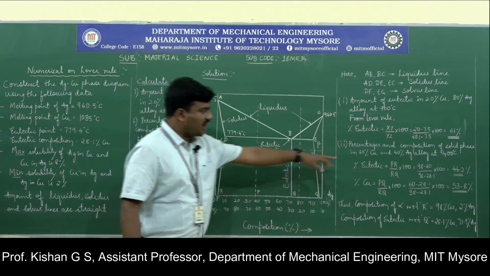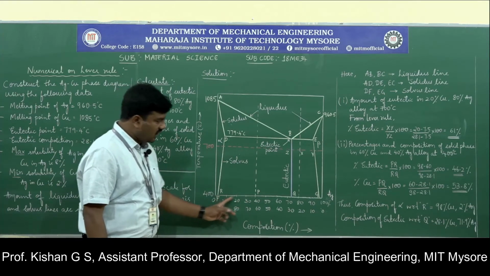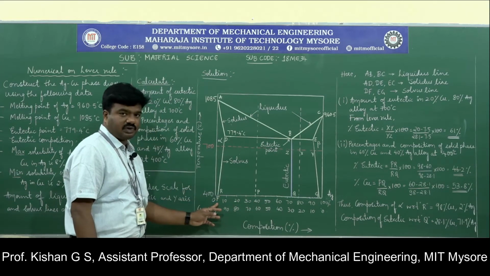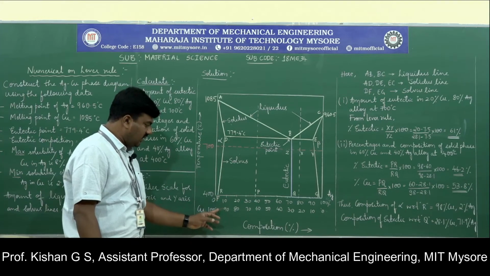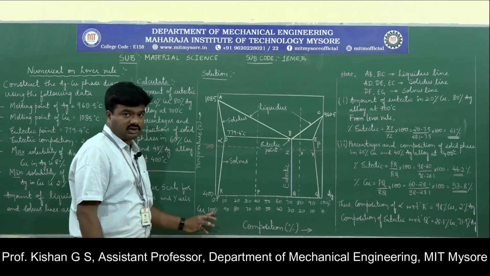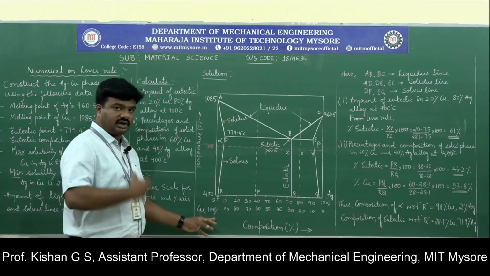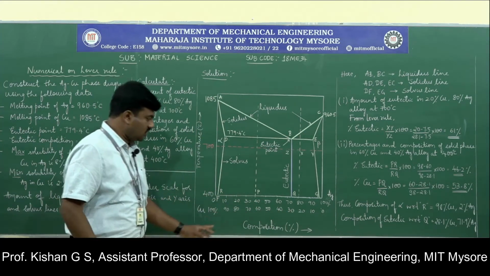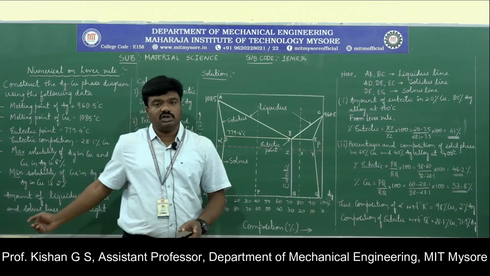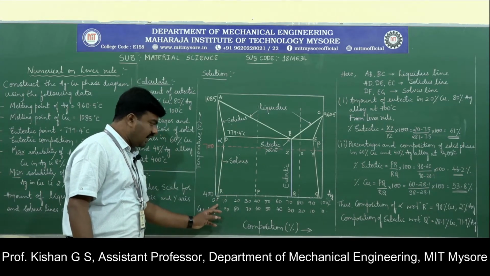Now PR. How do we identify the value of PR here? PR is the value between this particular composition. So what is the composition here? It is 98% of copper we can take, and similarly along the x-axis you have to measure. You cannot take one at the top and one at the bottom. If you are taking along copper, you have to measure in terms of copper composition itself. So what is the percentage of copper? It is 2%. Why 2%? Because it is the minimum solubility factor we have taken. So it is 100 minus 2, which is 98.